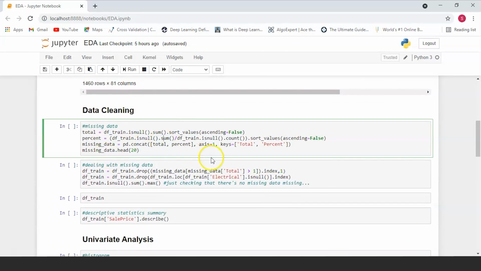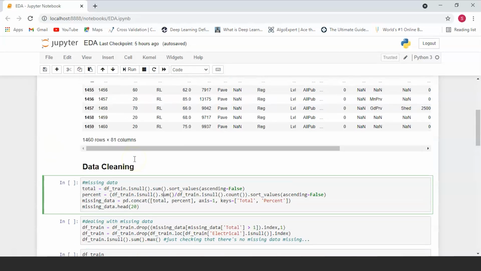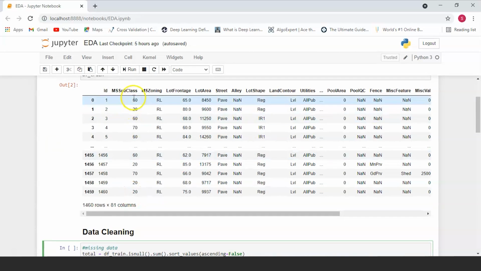So now let's perform data cleaning. The first thing that we're going to take care of are the missing values. We can get the total number of missing values by using the isnull function on our pandas dataset. The isnull function will return two outputs. It will return 0 if the value is not missing, and it will return 1 if the value is missing. It will loop over every row in a single column and check if the value is missing or not.